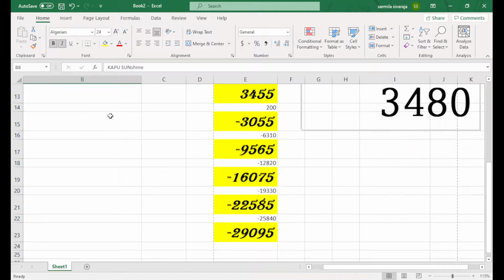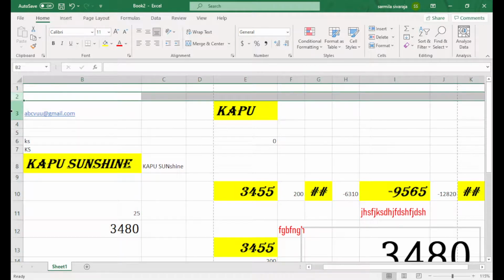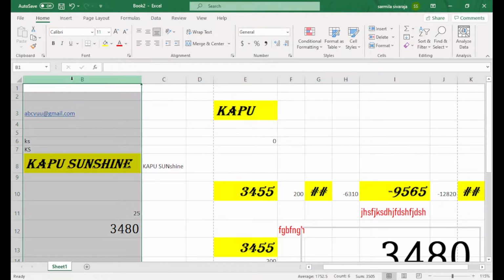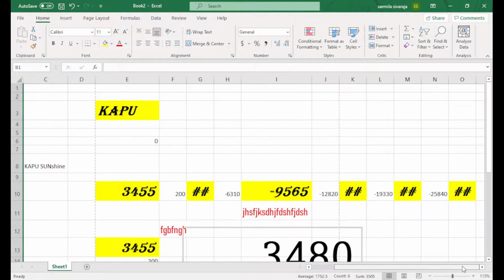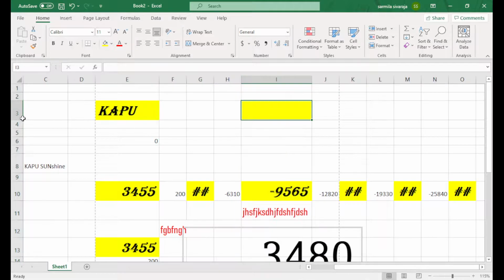So next, I will mention some other layout names. This is called the name box. Name box means each cell's name. For example, every cell is a combination of column and row. Every row is defined by a numerical number 1, 2, 3. Every column is defined by alphabetical order. So you can find the cell name this way. When we come to this point, we can call it I3, because the row is 3 and the column is I.